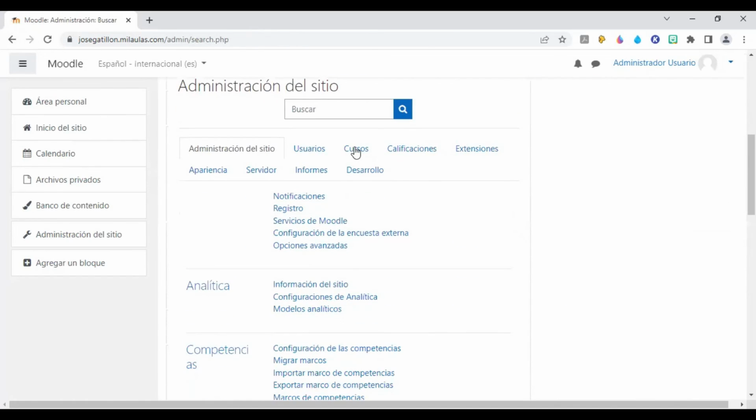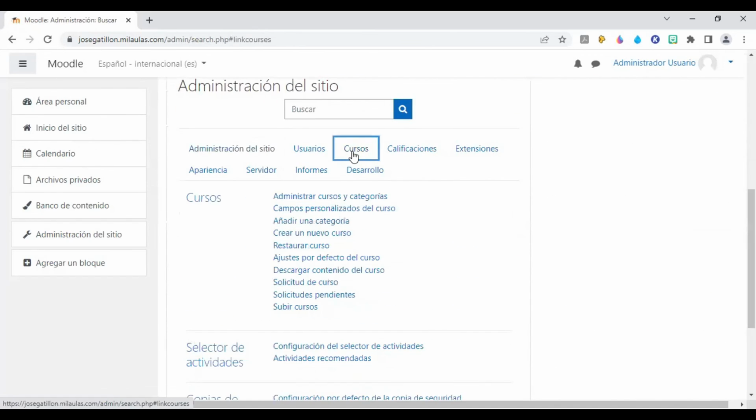Y vamos a cursos. Aquí, cursos. Y acá dice crear un nuevo curso. Acá tenemos crear un nuevo curso. Vamos a crear un nuevo curso a través de este modo, porque este es el que van a hacer ustedes por primera vez. Como yo ya creé un curso, ya a mí me sale debajo crear un nuevo curso, pero